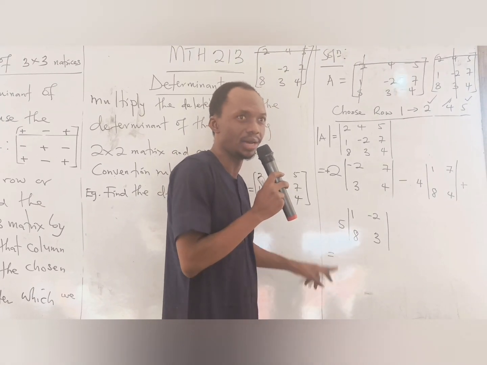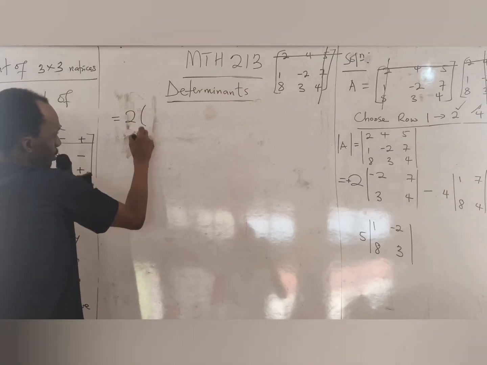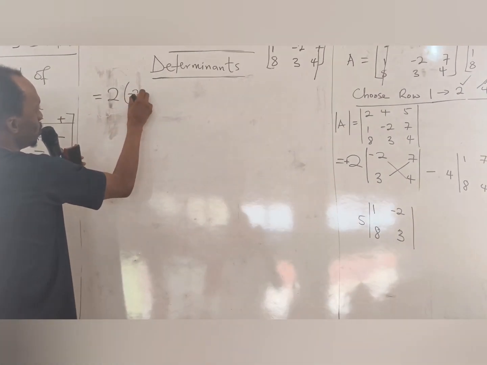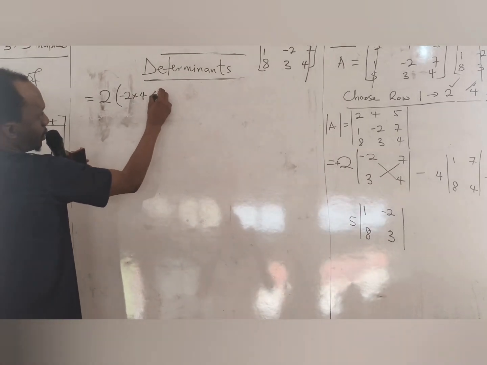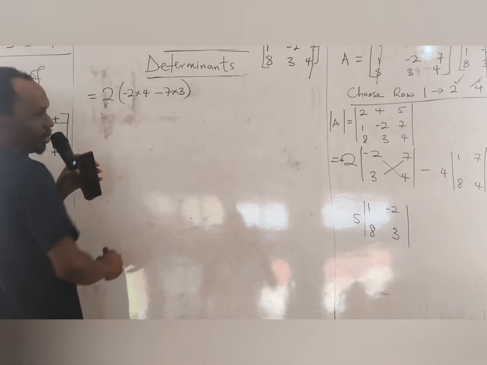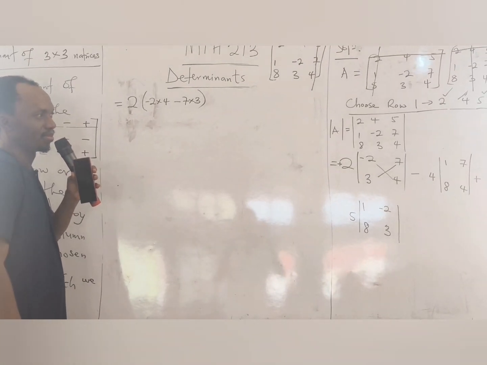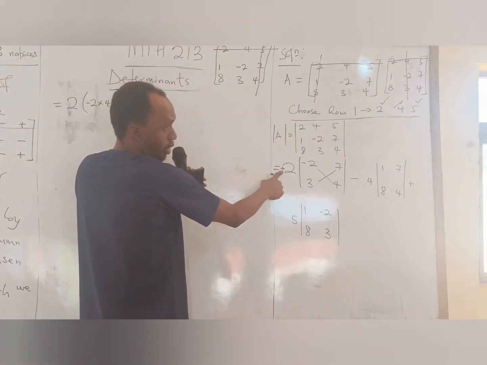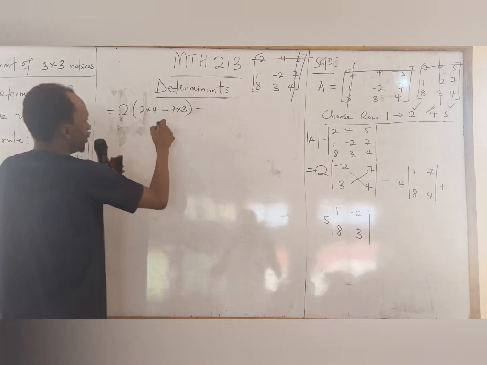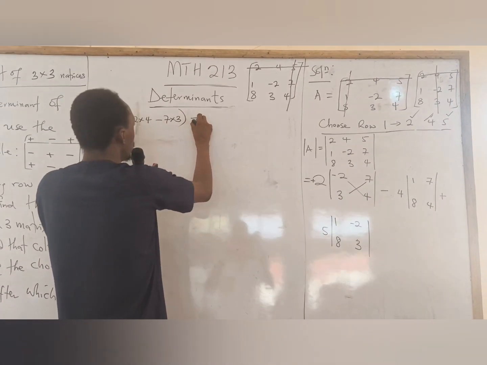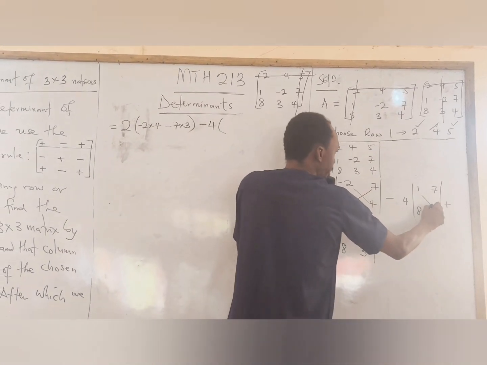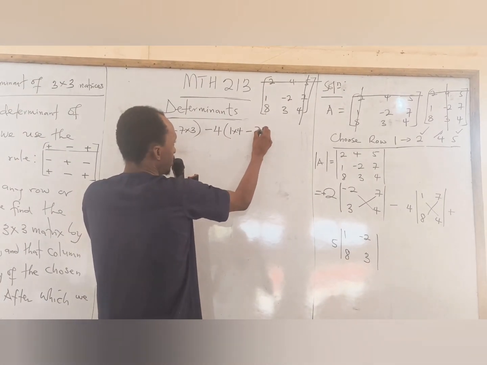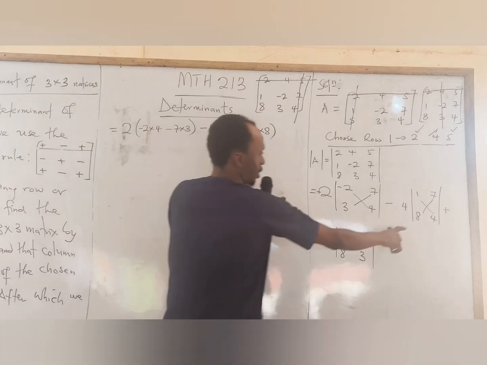So you write it down or I should clear here. The determinant. What do we do? This way, and this way. So somebody should tell me negative 2 times 4 minus 7 times 3. That's the meaning. Minus. We have decided to ignore this because it doesn't have an effect. So don't worry. So minus 4. And the determinant of this is 1 times 4 minus 7 times 8. It's a plus here. Plus